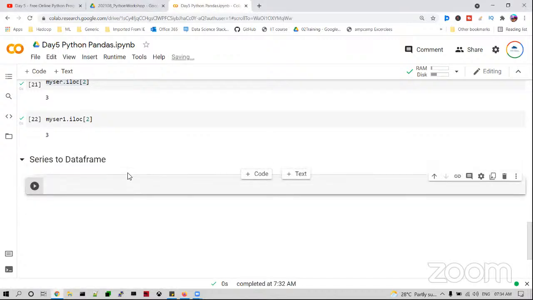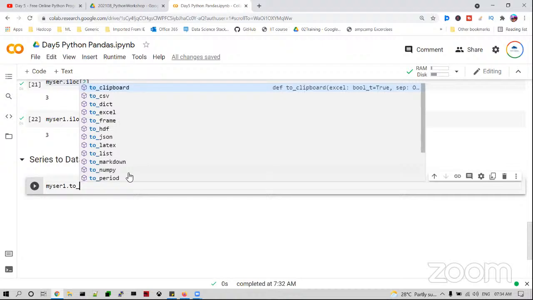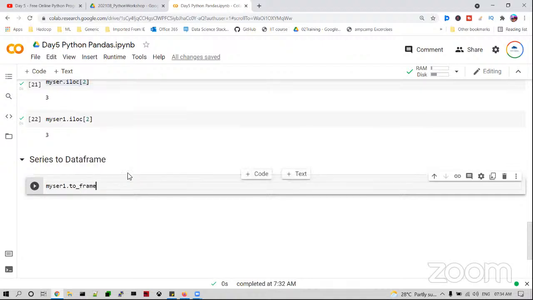You can use the method to_frame and simply it will convert. Series 1 dot to underscore frame. Using this one, we can create